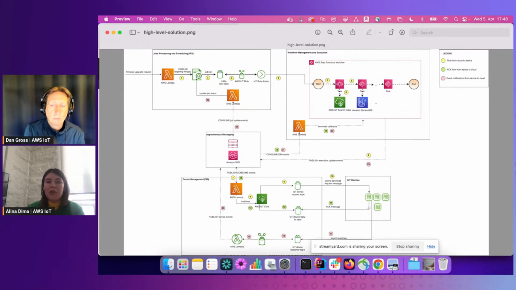If the device is not so chatty and all you get back is, hey, I've done the firmware upgrade or I haven't done the firmware upgrade, then of course you can modify your steps accordingly to wait for fewer messages or to simply for a particular device type skip any other state that you might have for other types of devices. Or even better, you can start building the simplest firmware upgrade mechanism that is supported by your entire fleet,